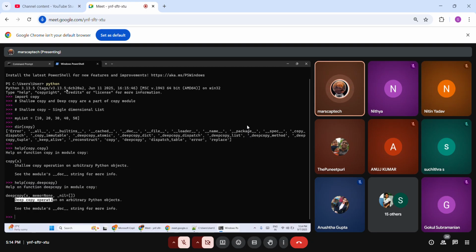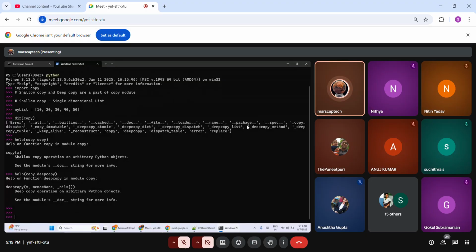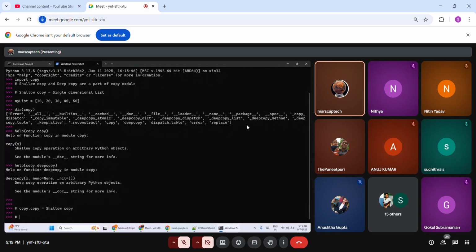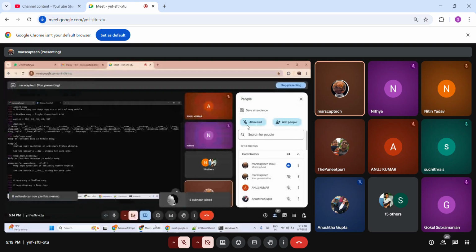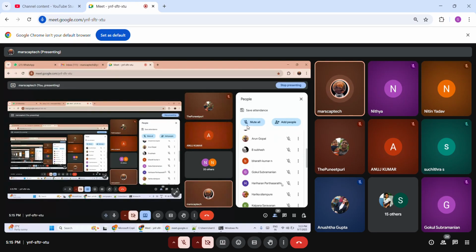So we are going to learn shallow copy and deep copy. In Python, there is a module called copy. Under that module, you will see 2 methods. copy.copy is nothing but shallow copy. copy.deepcopy is deep copy. I believe you should be remembering the call by reference and the call by value example. Do you guys still remember that example? Yes, sir.